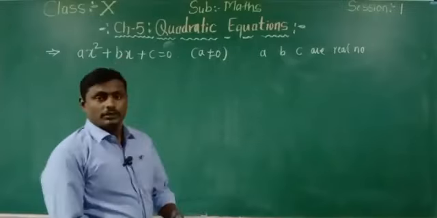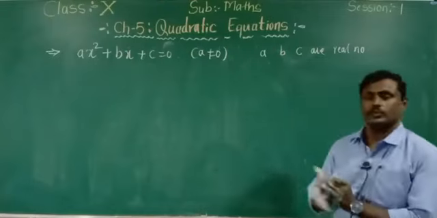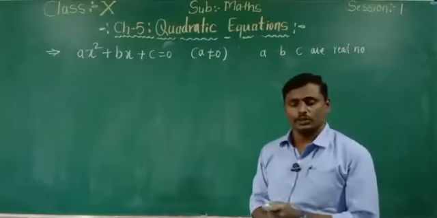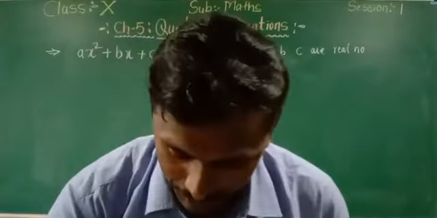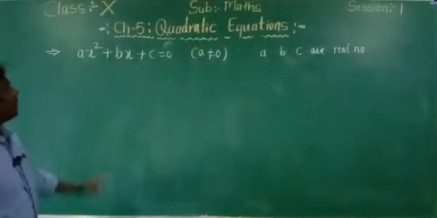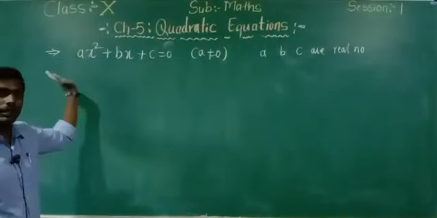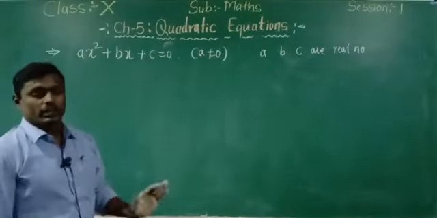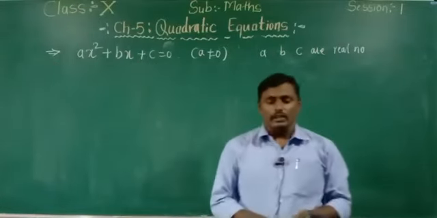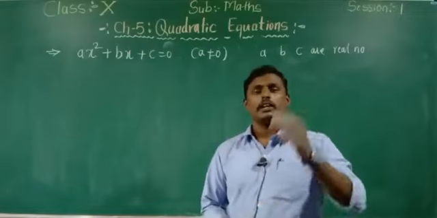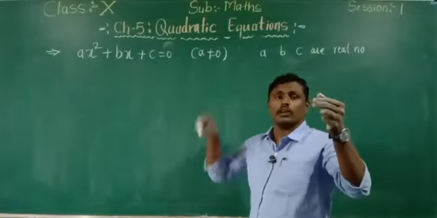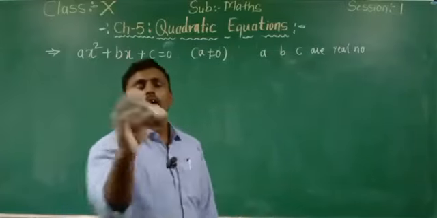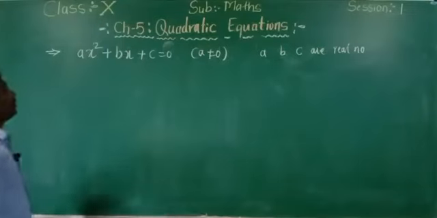Okay, now come to the main concept. This is the quadratic standard form, ax square plus bx plus c is equal to 0. In that, if any equation exists in the same format or in the same standard form, then we can easily consider it as a quadratic equation. Again, in the standard form of the quadratic equation, 2 sub concepts are there. The first one is pure quadratic equation.